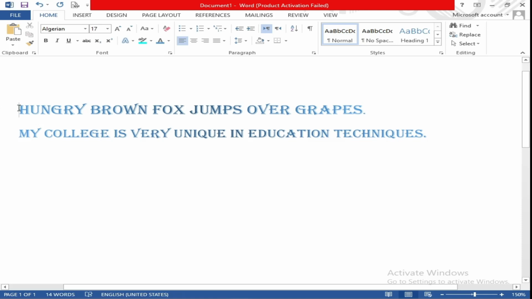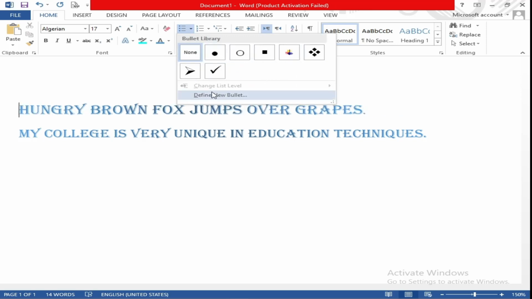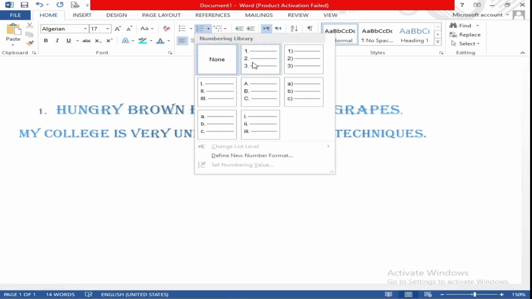After that, for example, if you want to give this line number 1 and this a number 2, there are two types, bullets and numberings. Bullets means if you want to make a style, for example an arrow, a circle, or any one of these, you can select. But if you want to do numbering 1 2 3, or 1 2 3 in Roman, or ABC, etc., you can select any one of these.